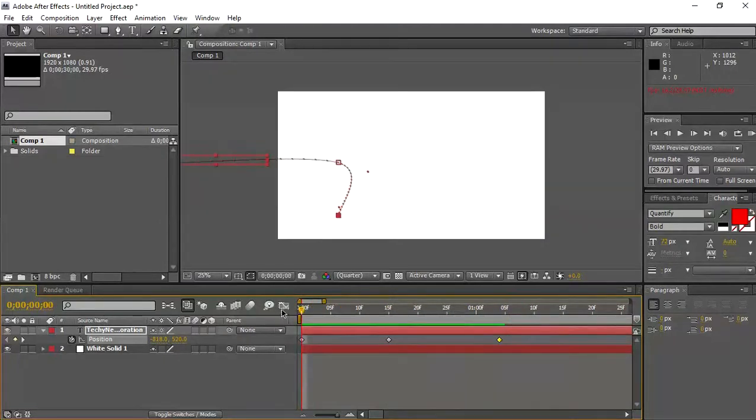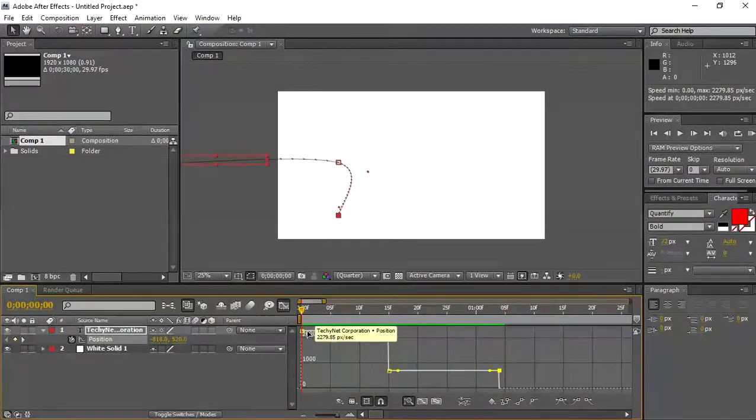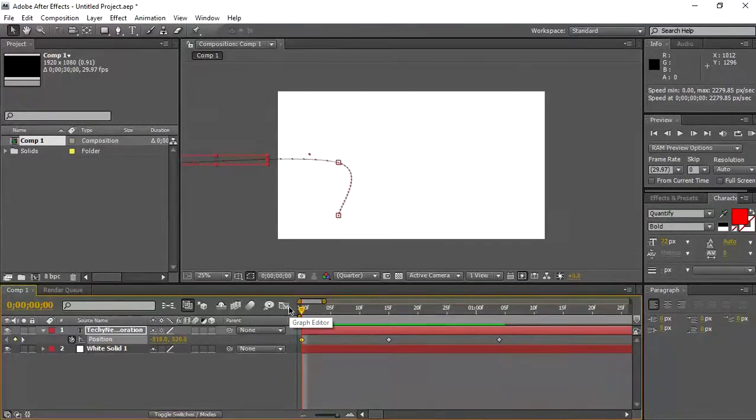For instance, now we are seeing that it is not stopping at the second keyframe, and we can fix that either by the graph editor, which we will discuss later, or by manipulating with keyframes again. So basically what you want to do now to make it stop at the second keyframe is you're going to go to the second keyframe. Okay, once you go to the second keyframe,